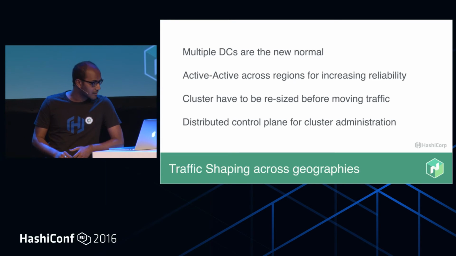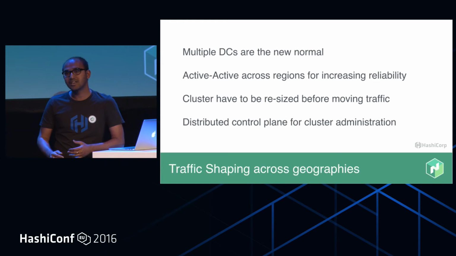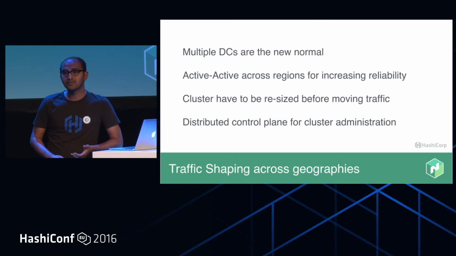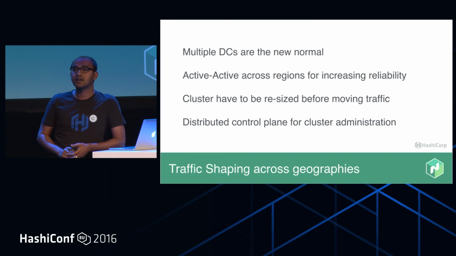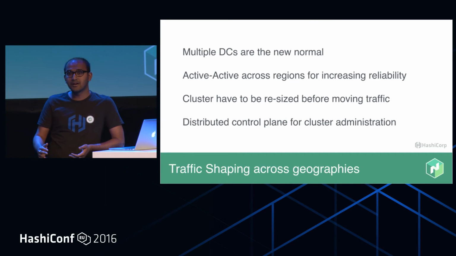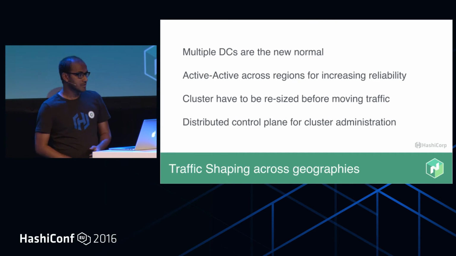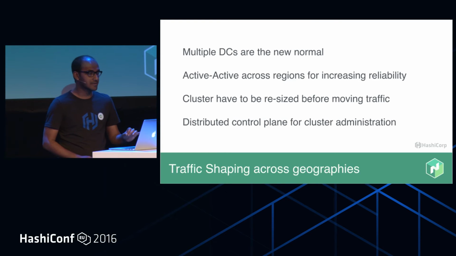And in that regard, Nomad helps with doing deployments across multiple DCs. So when you are writing a job file, you can specify the different data centers where your job is going to be running. And if you want even higher availability, for example, if you want to keep running your application even when US East 1 dies, you are probably going to be running things in an active-active manner, where you're deploying your services in US West 2, US East 1, and EU West 1, right? So then you have more tolerance than just having one region failing.